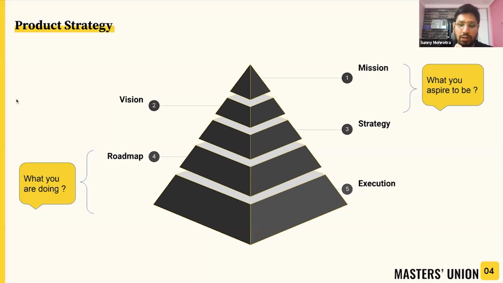Now, what is strategy in this whole setup? Maybe a strategy could be broken down into 4 steps. What are the strategies that they're following? One is accessibility. They are trying to reach every single pin code in India. They started off in Delhi, if I remember correctly. They eventually ventured into the entire metro tier 1 city setup. Then they went into tier 2, tier 3, and they want to expand. They want to get into each and every pin code, so that anyone who desires or craves food should be able to access it.